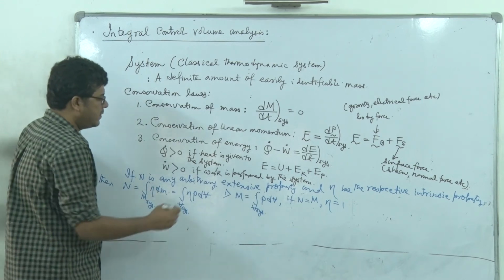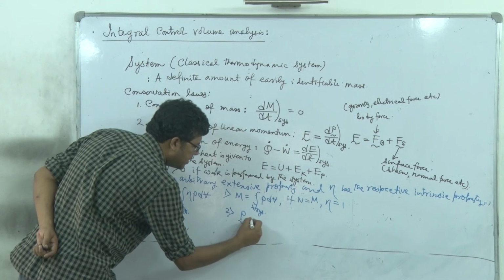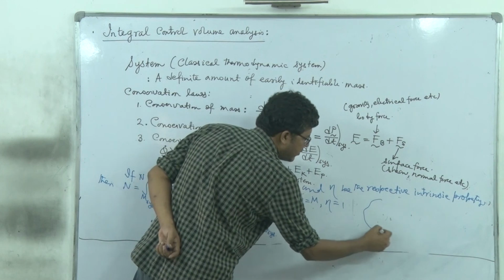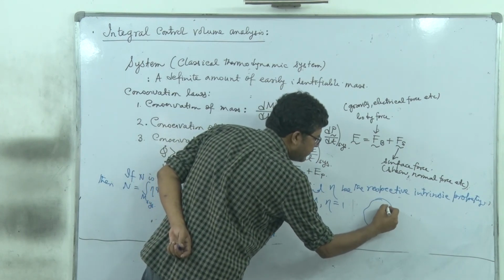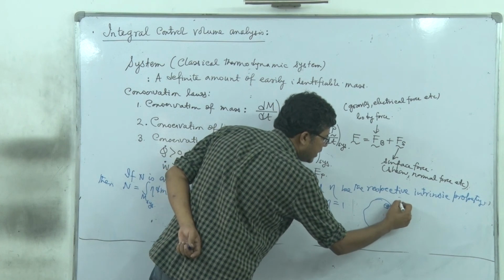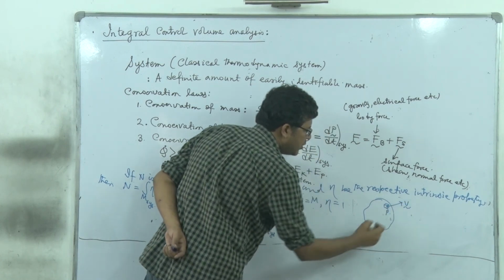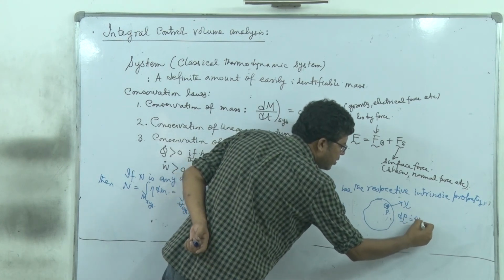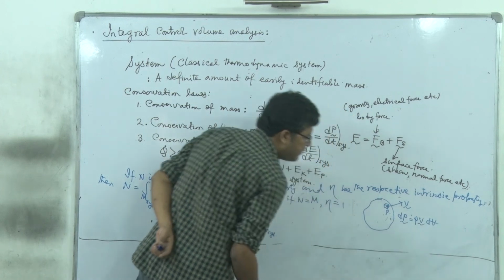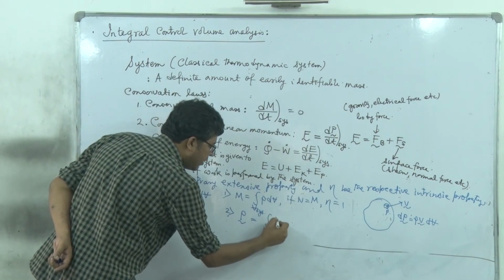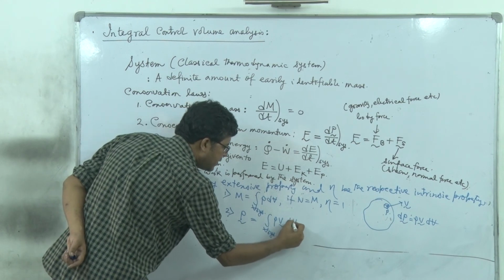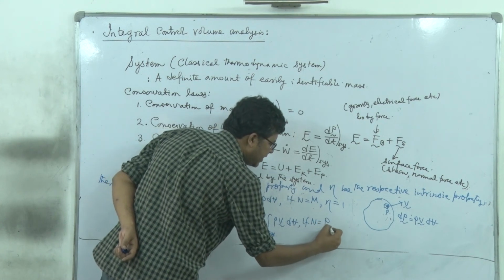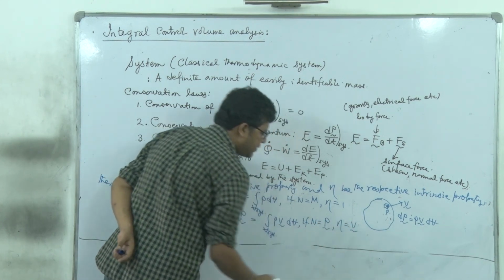Now, total linear momentum, integration over the volume of the system. What we are doing? Consider a system here, and we consider a small differential volume which has a velocity v and its density is rho. So what is the momentum? Momentum will be rho v dV. So it will be the integral of rho v dV. So if n is the total linear momentum of the system, eta must be the velocity vector.